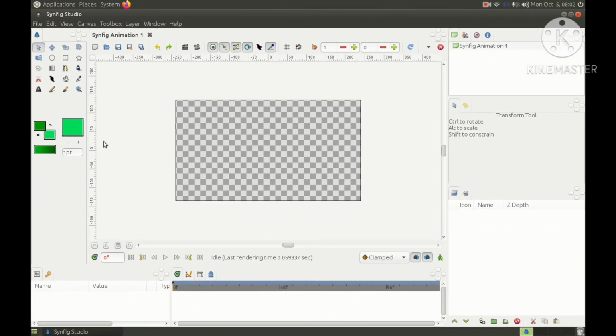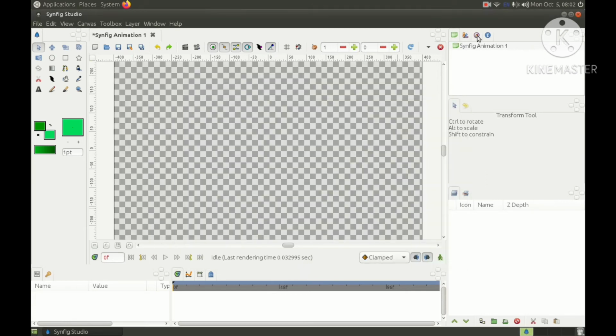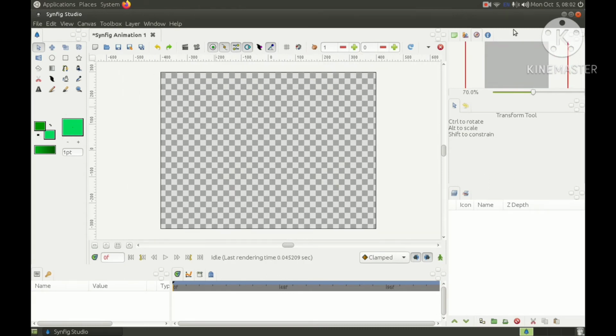Okay, now our next practical is creating a natural scene. So again I will resize my canvas. Now for the background I'll select the gradient. From that I'll select the linear gradient and select the colors.